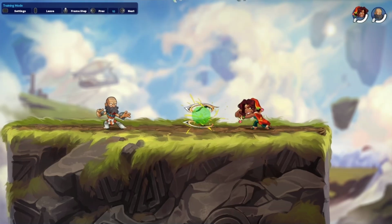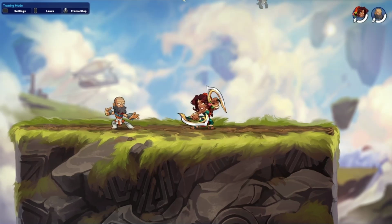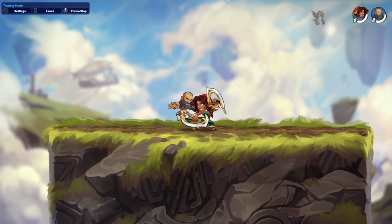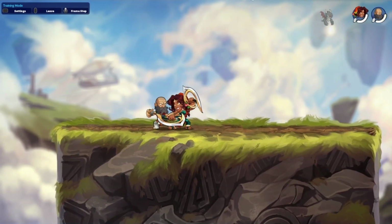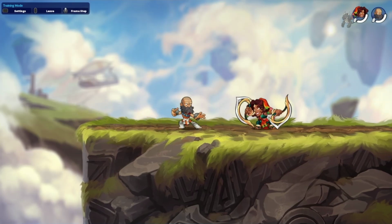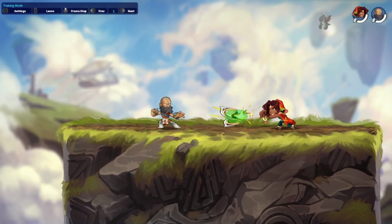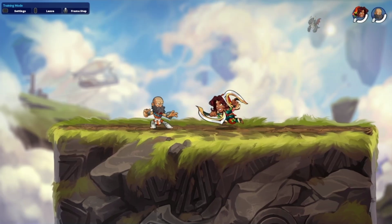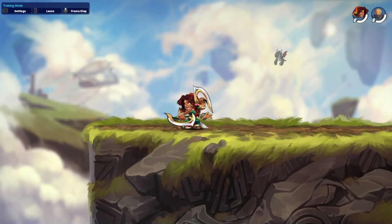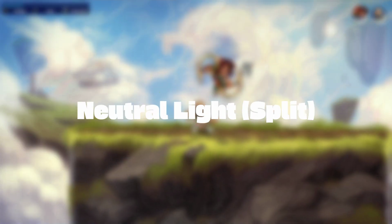Now this side light does less damage, but it sends your opponent towards you. So right there, now he's right in front of me. It doesn't hit stacked, so it's literally right in front of you. The hitbox starts right there. So if you're right here, you're probably gonna have to either move back and do it, or you can use